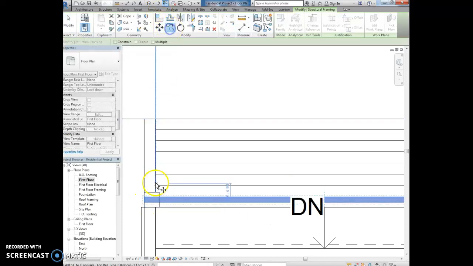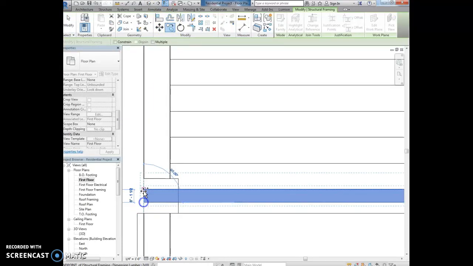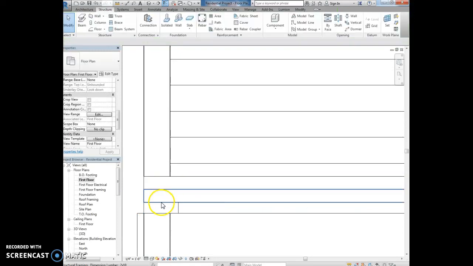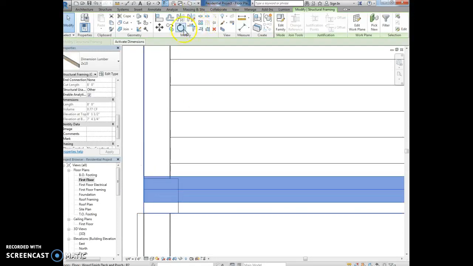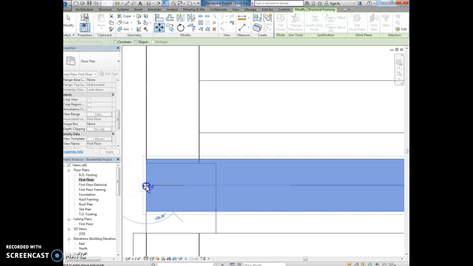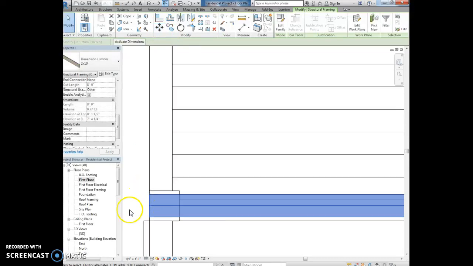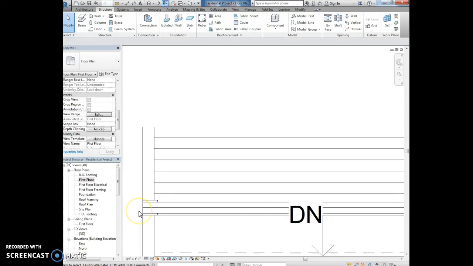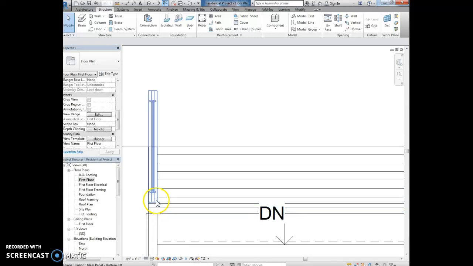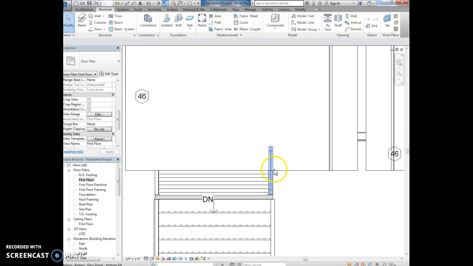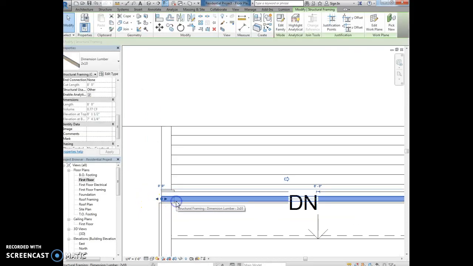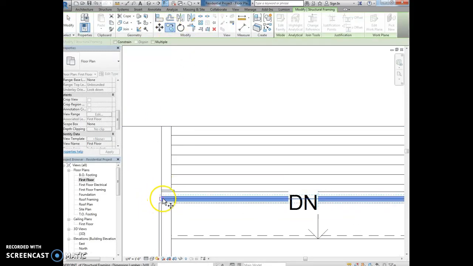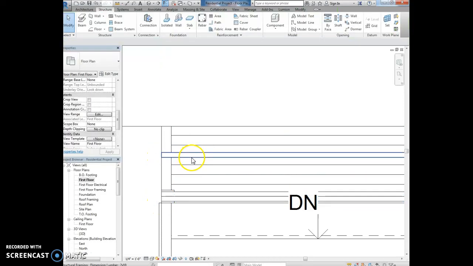I'm going to now copy this beam over. So I'm going to select the endpoint and then an endpoint. Then I'm going to select both beams and place them right in the middle of my post. So now I have two 2x10 beams that are running this direction. And it looks like it's typical for 3 sides, so I also have those beams running this direction and this direction. So I'm going to click on one again, copy it, move it up here,